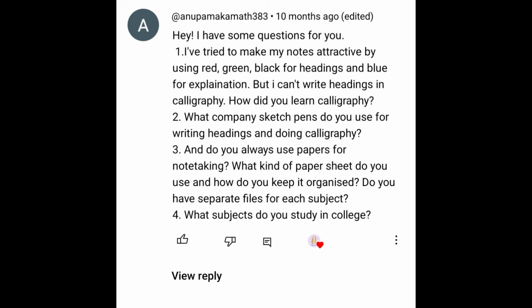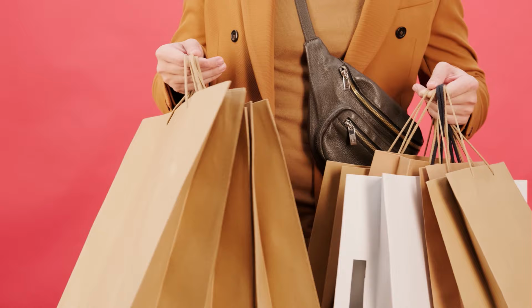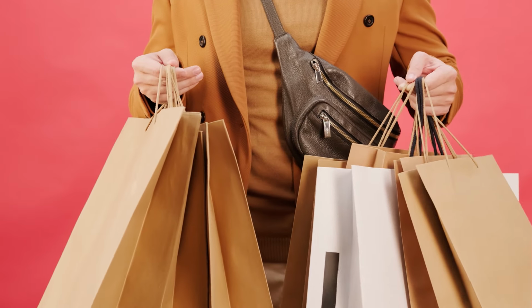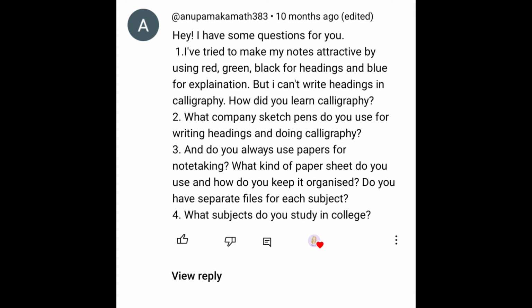The second question is, what company sketch pens do you use for writing headings and doing calligraphy? So basically, I use Myliner highlighters, sketch pen tip, and I don't really use any branded kind of brush pens. I just found it online, so I bought it from there. You can also buy any kind of brush pens, otherwise they're the Tombow ones. And the next question is,